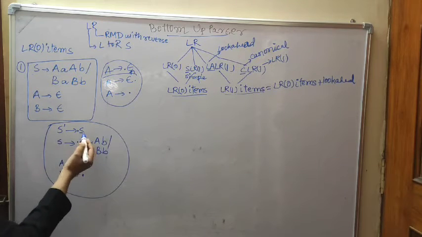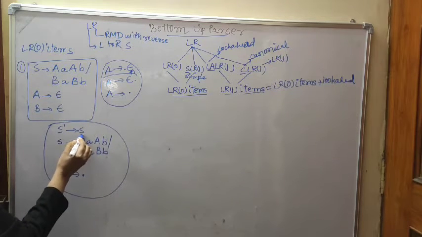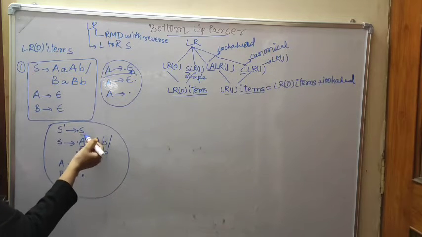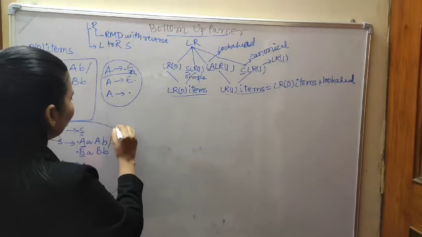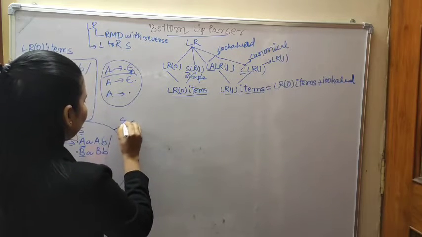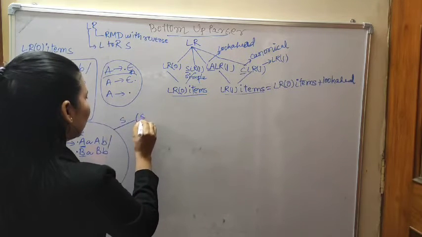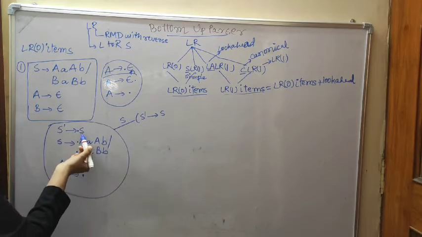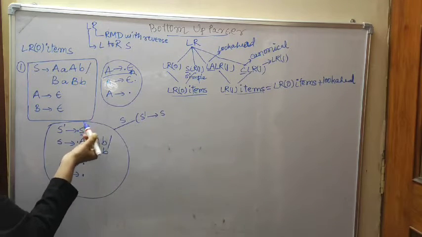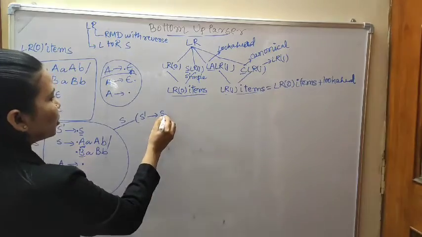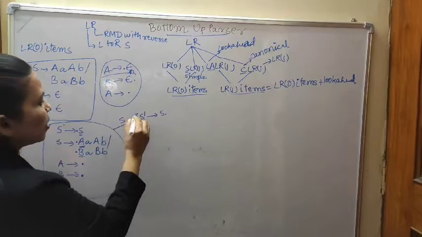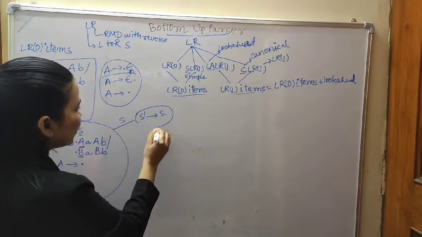Now we will go to S. Look here. Which one is given as the first letter? S is given. So we are going to S. S dash 2. Here before S a dot was given. Now we will put it after the dot. Why? Because now we have read the S.